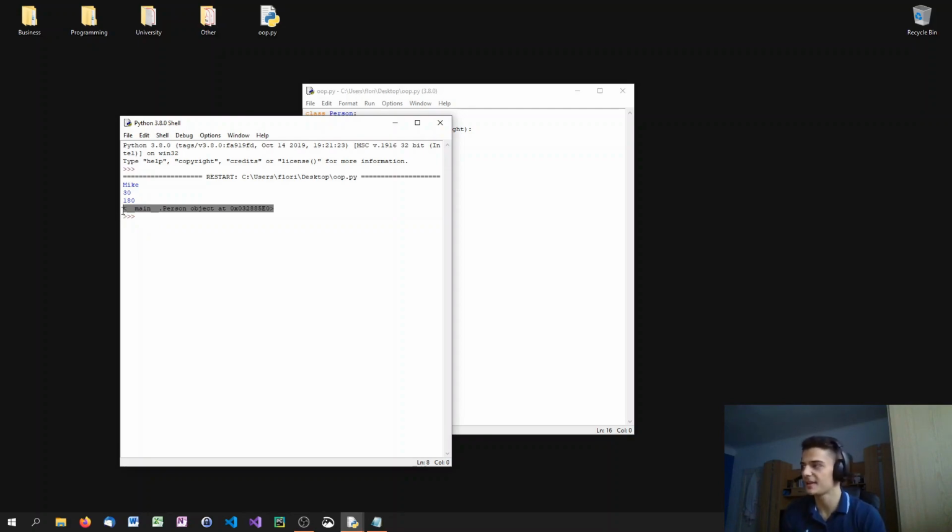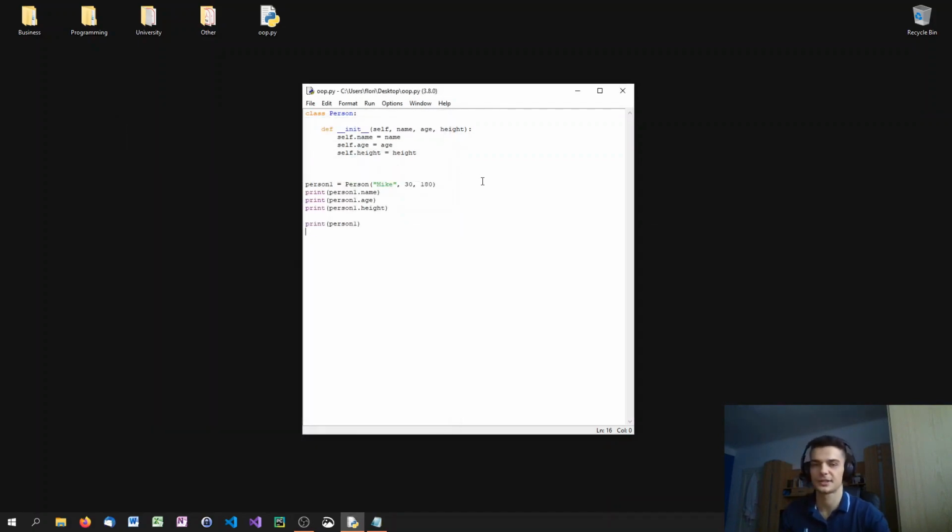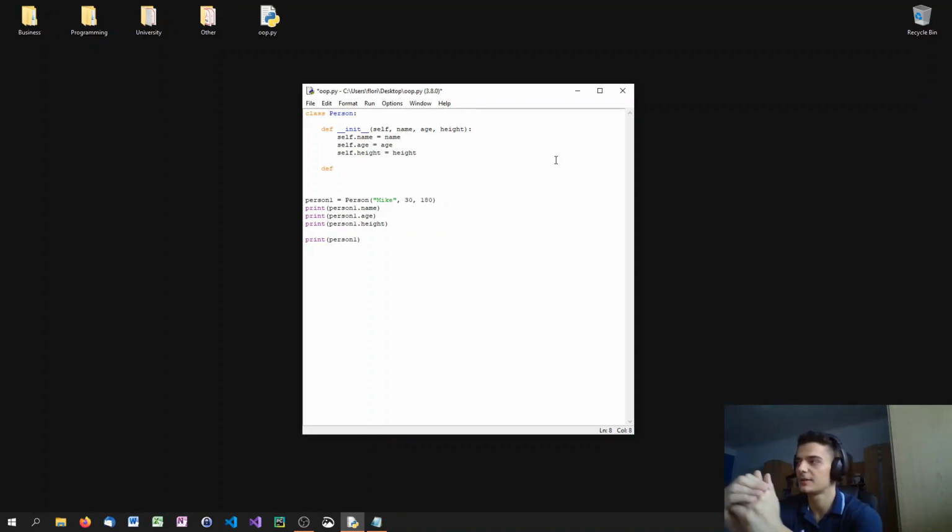I get just main dot person object at, and then I get the memory address. I don't really get any information that is interesting to me. What I would like to get is just a summary of all the attributes, maybe all the values printed out onto the screen in a nice format. And to determine what happens when I print my person object, or to define what happens when I convert it into a string, when I typecast it into a string, which is what happens when I try to print it,